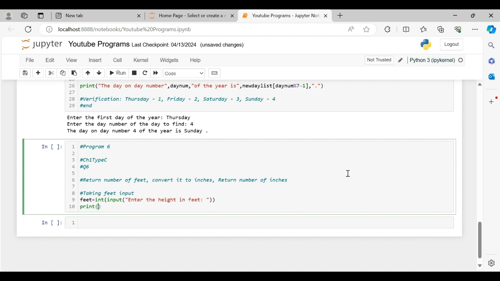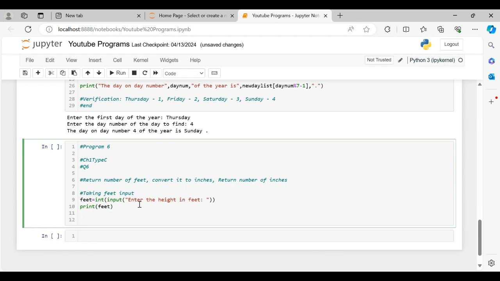Then we print feet. Now, normally you'd return this, they want you to return this, but since we're not defining functions in this chapter, we will just print it. Once I start doing the questions for chapter 3, I will redo a video for this chapter so it makes a lot more sense. So then, now we've done that, let us